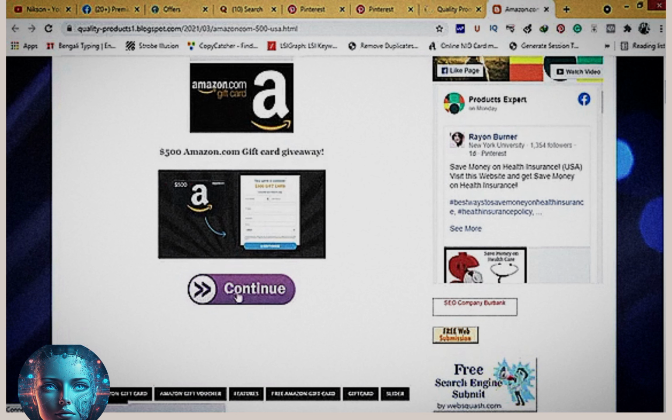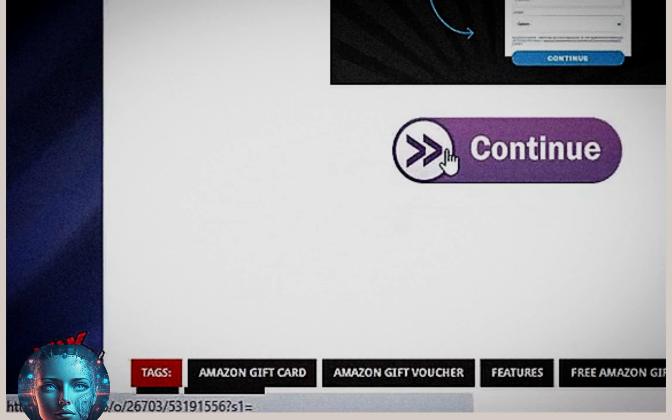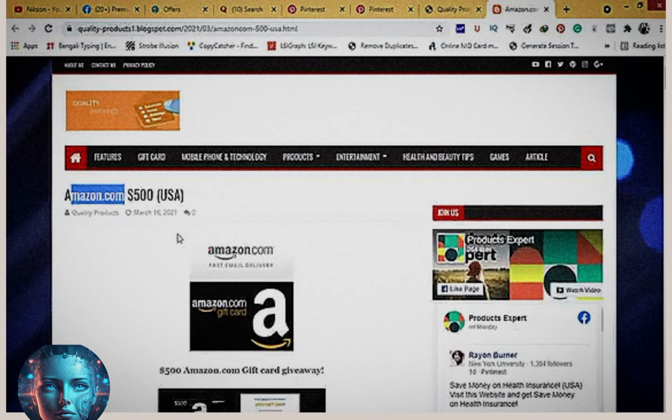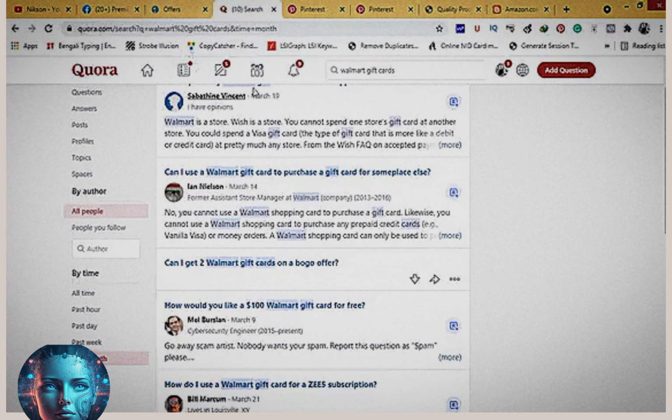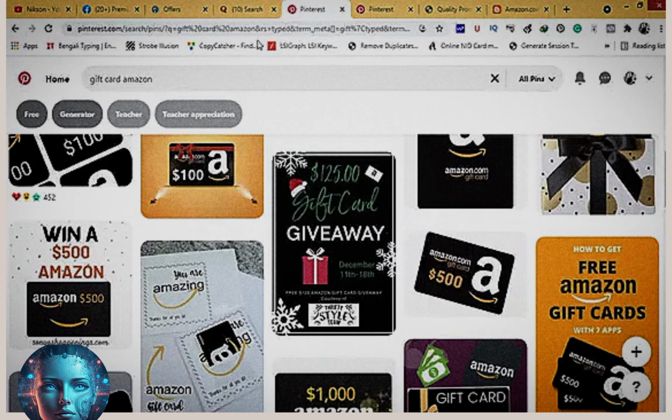And you can see, whenever I click here or take my mouse cursor here, at the bottom there is a short link or the direct tracking link for the offer. So you just have to create a website like this one, and you can go with Quora to promote your offers. Now next, what we can do more on Pinterest.